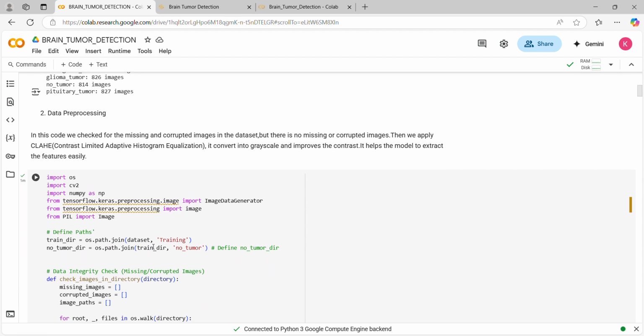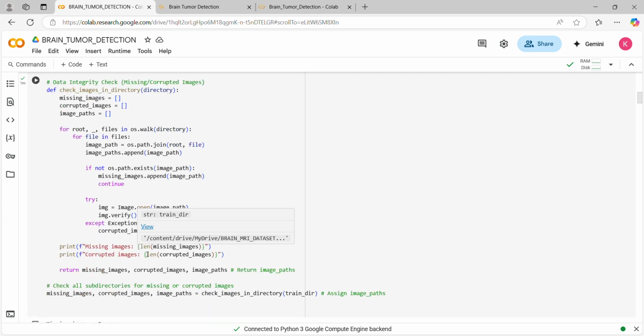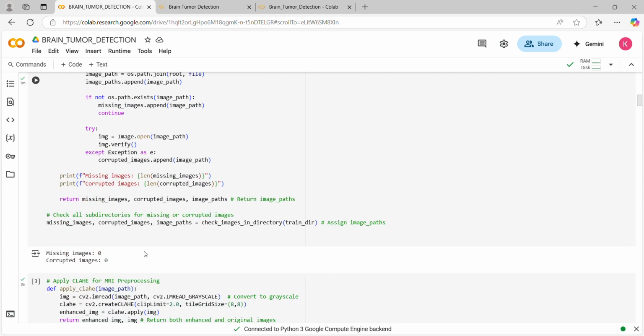First I checked for missing values and missing or corrupted images. In here, there are no missing or corrupted images. Then I